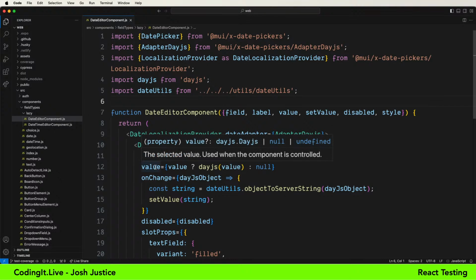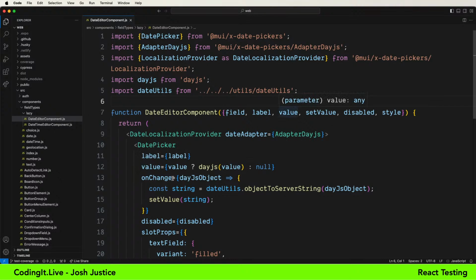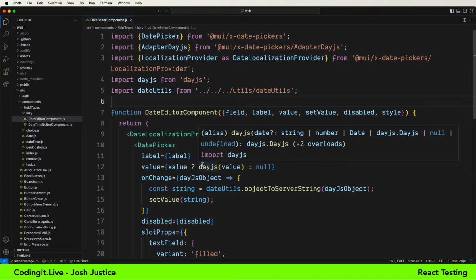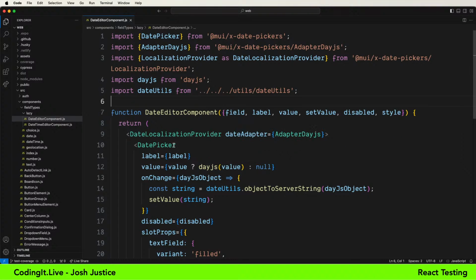And then for the value field, I take in a value, and then if it's present, I pass it to day.js, which is a great date parsing library. And so that's going to take a string value because in my system, all these values are stored as strings in the back end so that no matter what field types I have now or in the future, they're all stored consistently. So that converts it from a date string into a day.js object, which is what's used by date picker for working with the date.